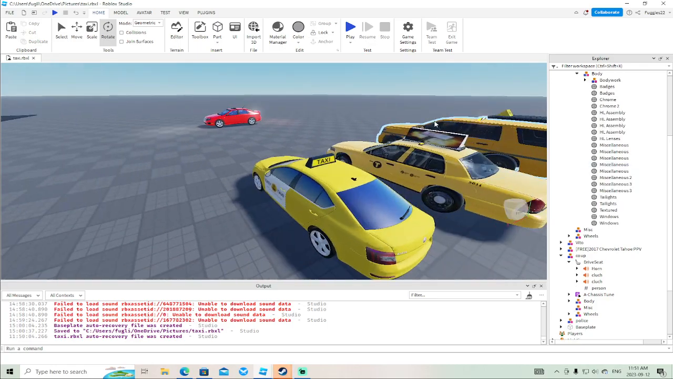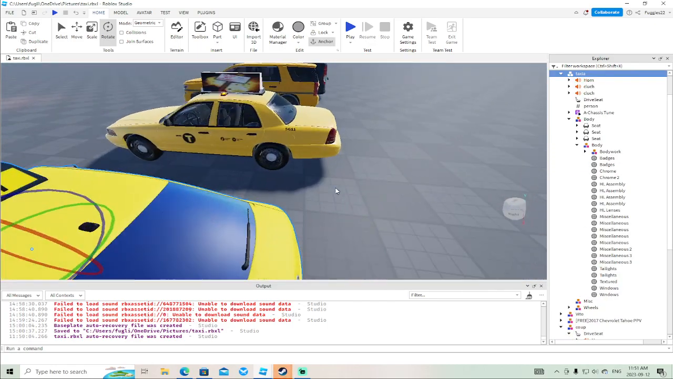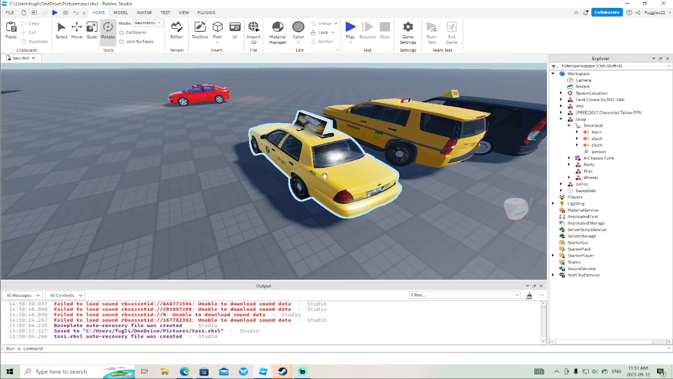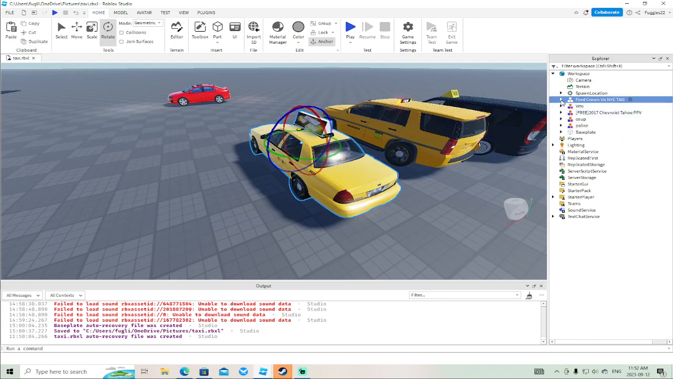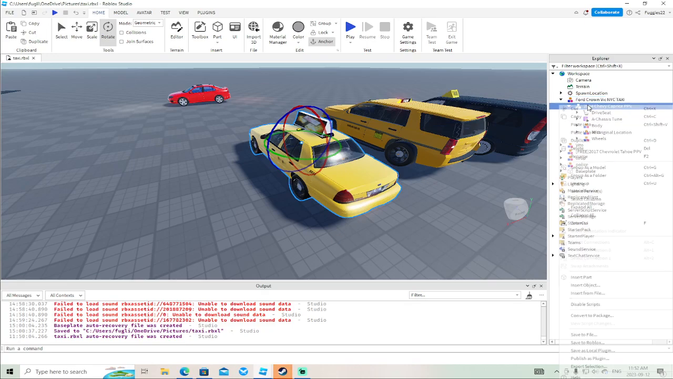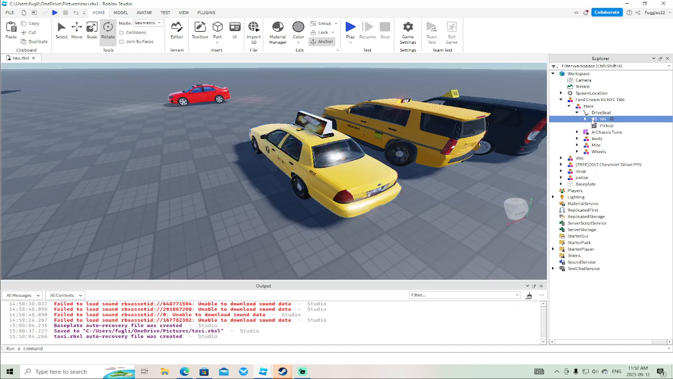It's gonna be... Yeah, let's just delete that one. That's gonna be way too much trouble. Hey, I'll just delete it. It's gonna be way too much trouble. Rename this one Taxi A. It's gonna be way too much trouble just because it